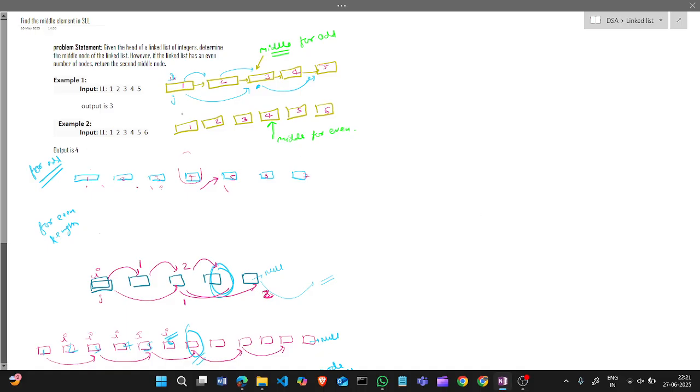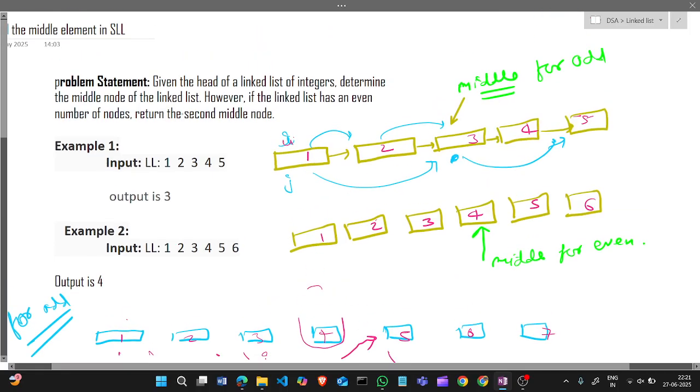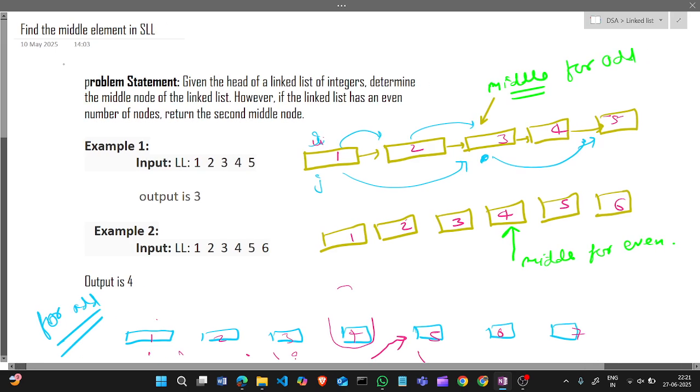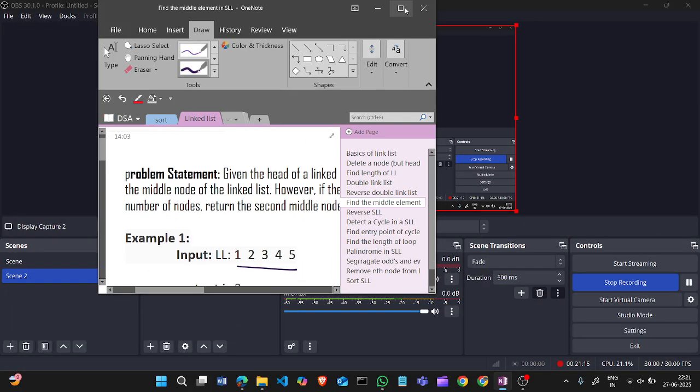Now see, what I want to find is the middle element in the singly linked list. They have given the example: if the total number of nodes is 5.